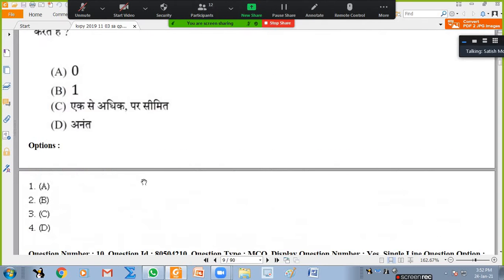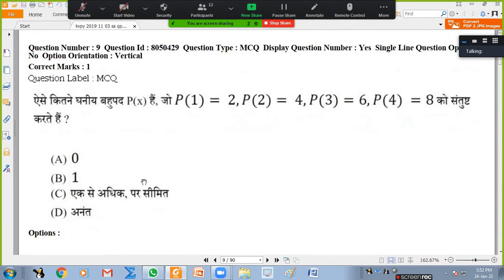Yeah, that is the 10th question. Okay, 9th question. We have this kind of questions in theory of equations in second year, or even JEE Mains and Advanced. We can have these questions even in application of derivatives. I will tell you how that is.